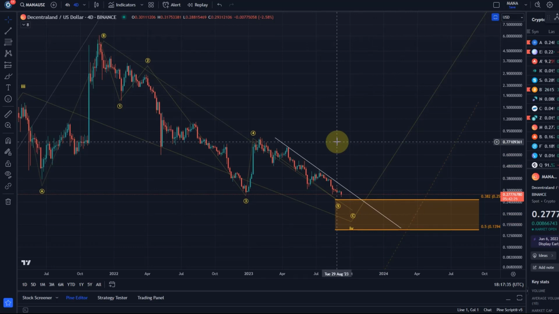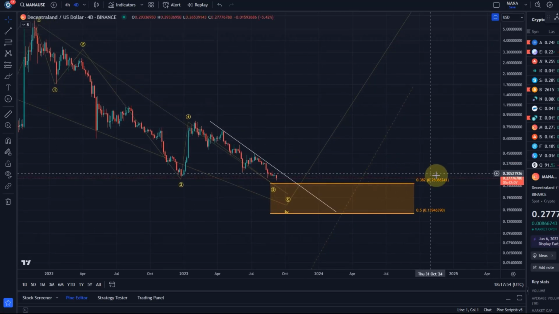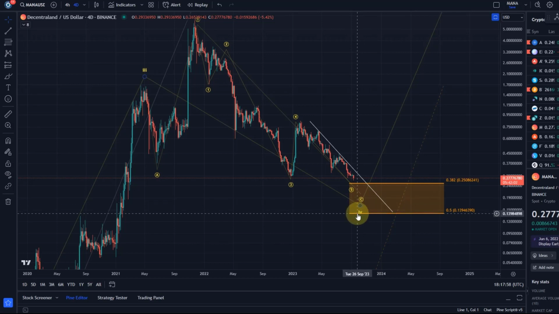The first evidence that this move to the downside, in either the C wave or a wave 1 in the bearish wave count, is complete, would be a break above the trend line. So I would pay attention to that. I would watch the 25 cent level. This could be next support. A break below 25 cents, to be honest, could send it down to 13.9. Just be open to that idea.